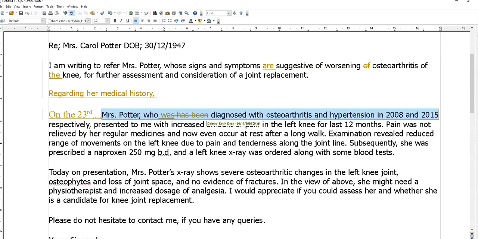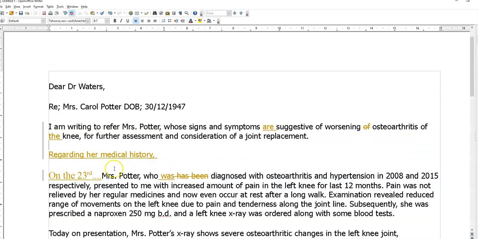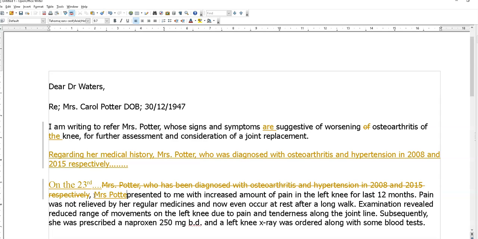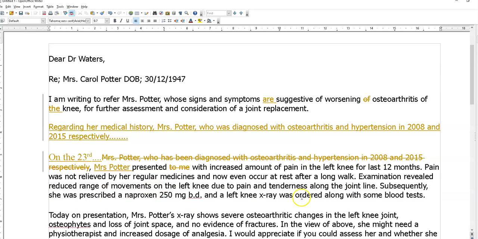And then, just grab this and quickly put this there, and she's been taking, put these meds there. So on the 23rd, Mrs. Potter presented. We know it's to you. Who else would it be to? Presented. Now, with increased amount of pain in the left knee for the last 12 months, how can she present